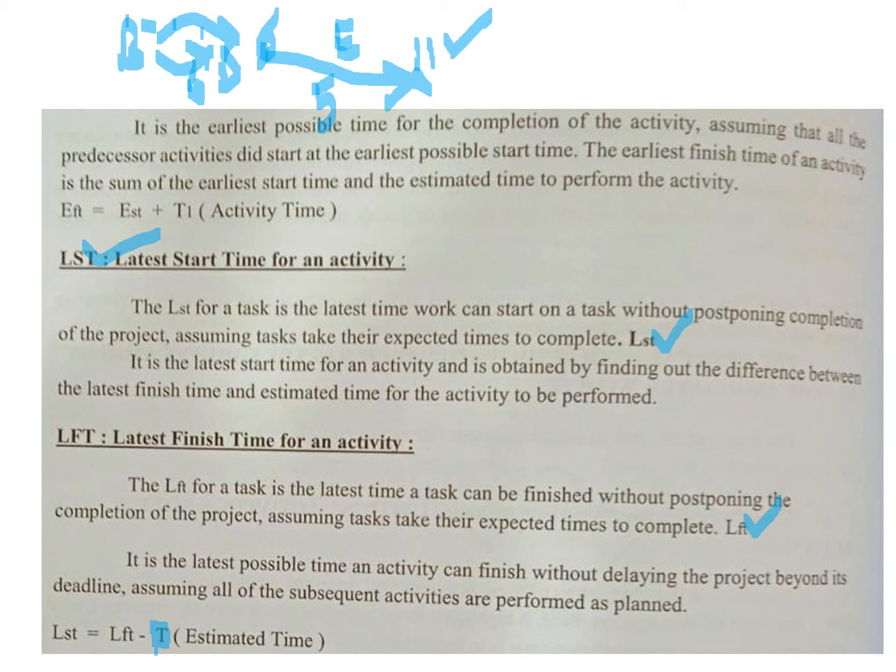Let us say hypothetically, if a certain task can finish, the latest that it can finish is let's say 13 days. So if task E can finish the latest in 13 days, we'll come to how and what, etc. But if you just want to understand that the latest that the task can finish is 13 days, and the task is 5 days to finish, then 13 minus 5 equal to 8 days is the latest start time. So you see, you have the latest start time over here, which is the difference between the latest finishing time and the estimated time.